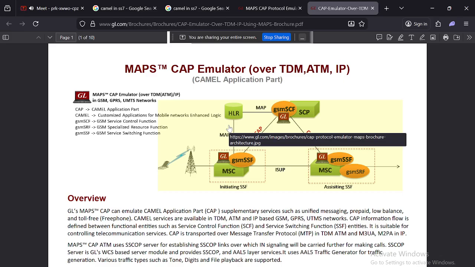We also need to look at the four phases of CAMEL. Phase one is basic prepaid roaming, which controls the calls. Phase two adds charging and supplementary services. Phase three covers mobile originated SMS and free phone numbers. Phase four covers data services like GPRS, 3G, 4G, which also need to be supported. Like when you go abroad and you have Wi-Fi, you can utilize their Wi-Fi connections if you know the password. If you don't know the password and your subscriber does not support CAMEL, okay, so these four phases need to get done.